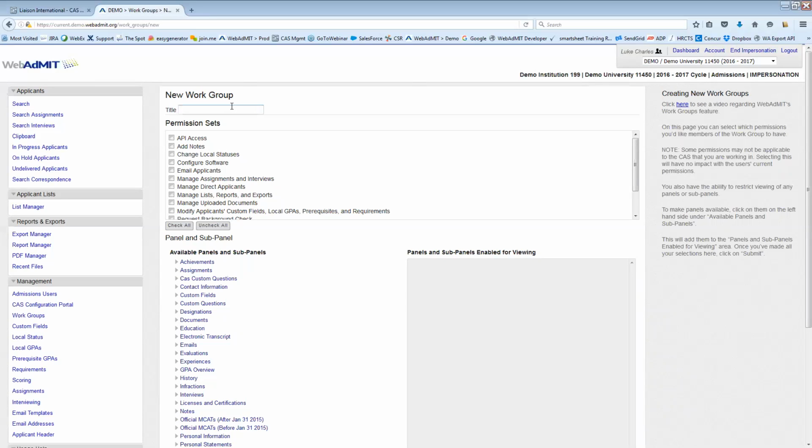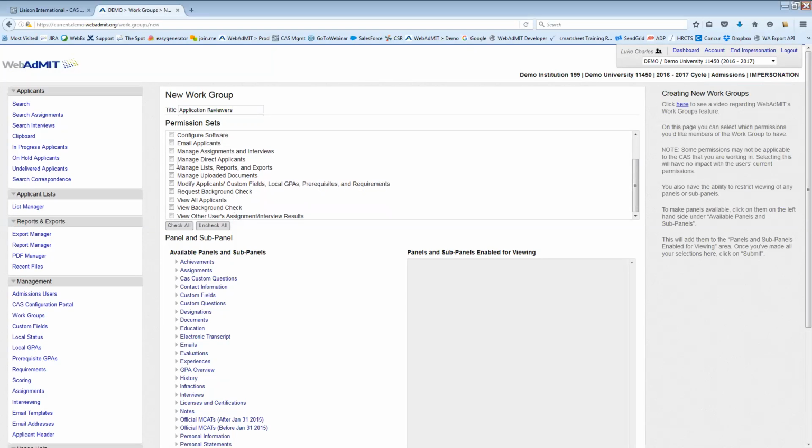So a common one is to create one for reviewers. So we'll just say application reviewers, and then you can decide what permissions you want them to have. A lot of these are pretty self-explanatory, being able to work with lists and exports, being able to change statuses, being able to send emails to applicants. So you can look through the list here and check off the ones that are going to be